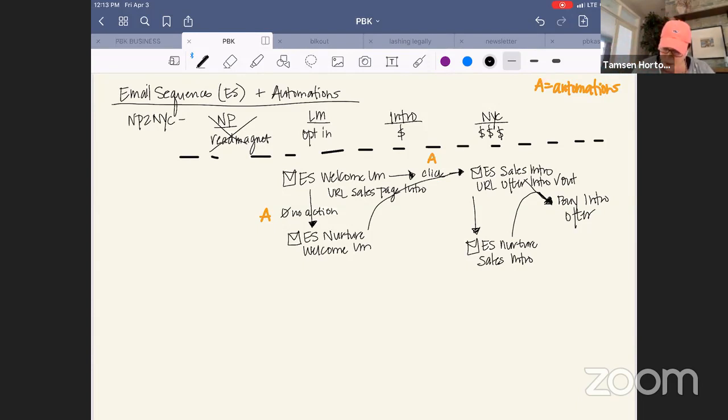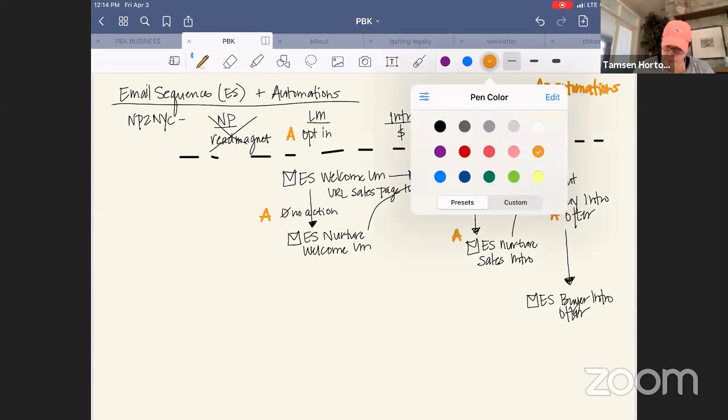When they buy, then the sequence that goes in or gets turned on is the email sequence of buyer intro offer. So again, we have automations here. We have automations there.